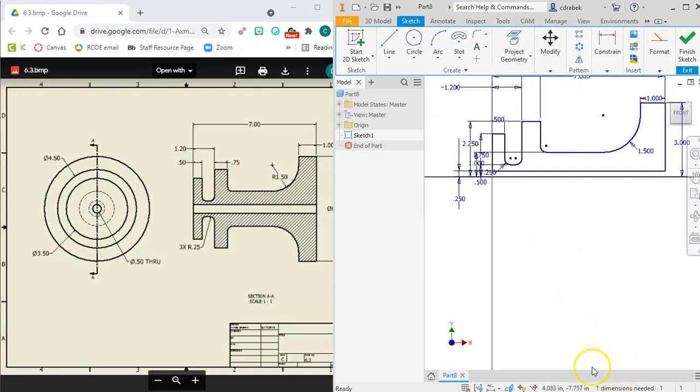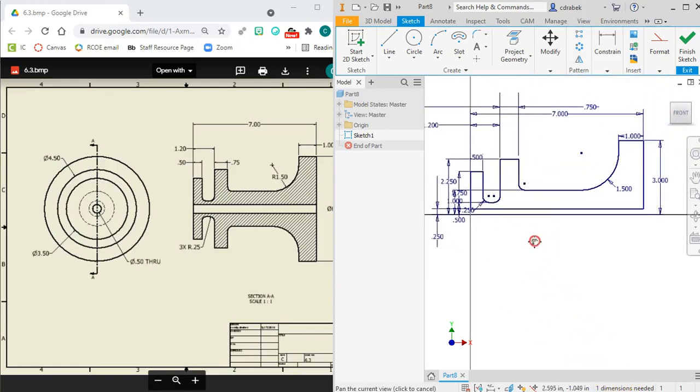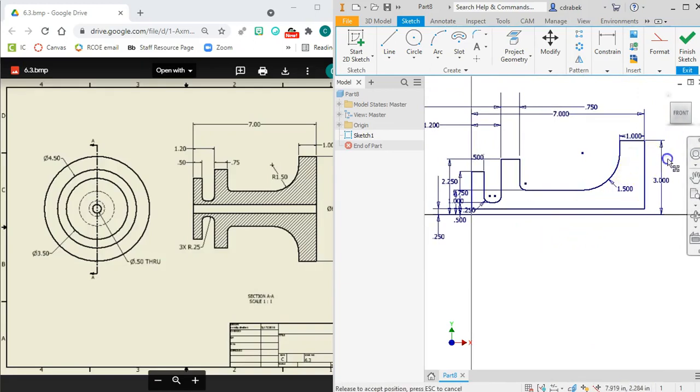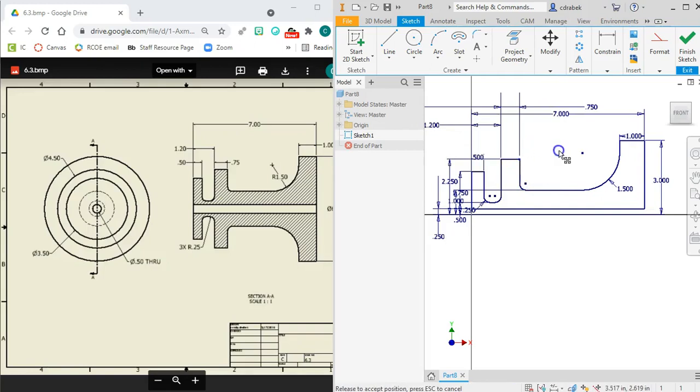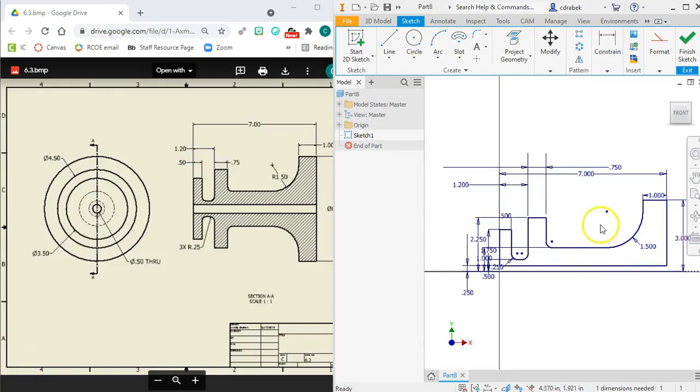Okay, it's showing we still have 1 dimension needed. So let's see if we can find which dimension that is. Let's keep grabbing at some of these. It could be a line that's not horizontal or vertical, something that we might have missed. Every time you grab those, you just have to hide them so they get out of your way. Okay, so I think that because we have this gap in here, this is what's causing us to need a